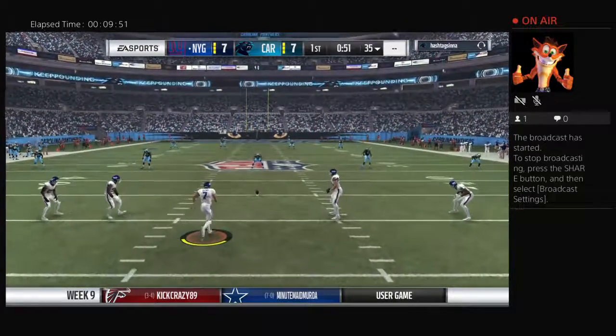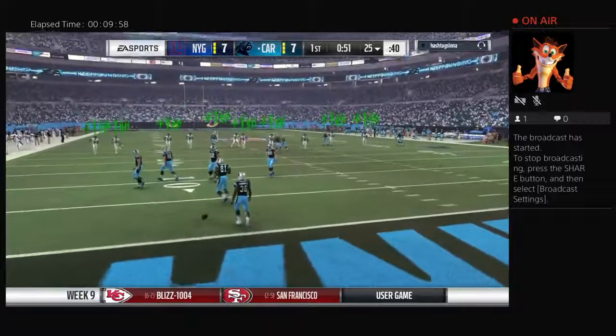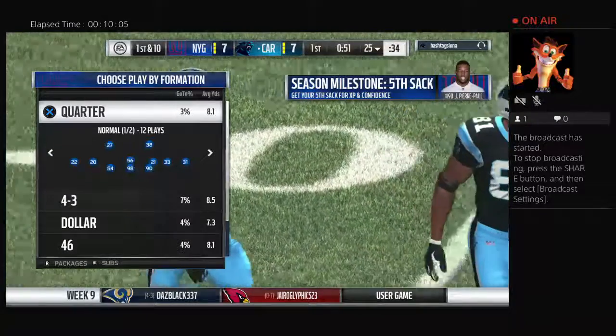So a tie ball game here as the kick's away. And a fair catch signaled for and taken successfully. Carolina getting set to take the field. And that last drive, a long drive, but not